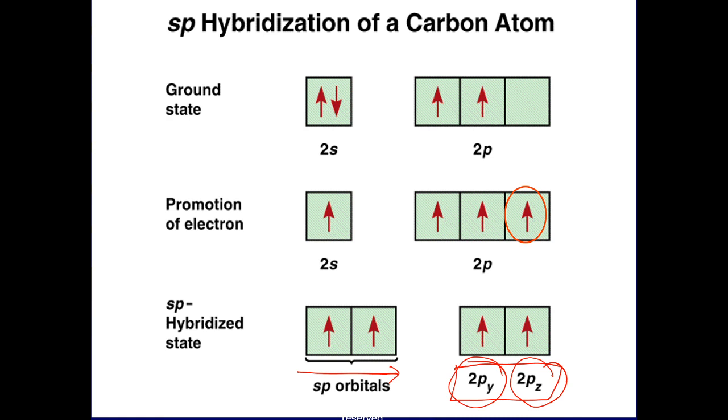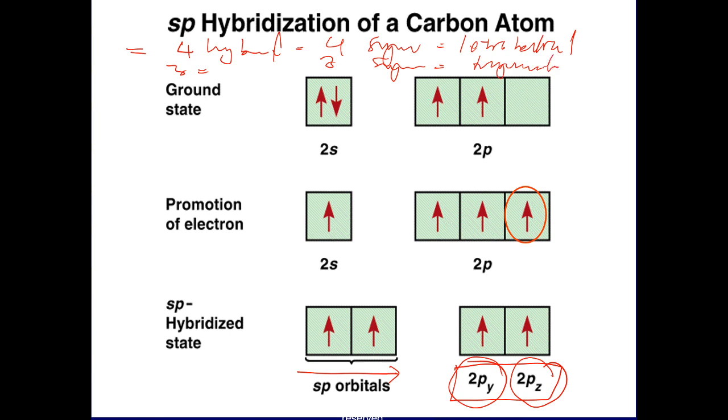Now in sp3, note that hybrid orbitals are the ones that determine the geometry. It is like this. If you have four hybrid orbitals, you get four sigma bonds. This is tetrahedral. Three hybrid orbitals, you get three sigma bonds. This is trigonal planar. Two hybrid orbitals, you get two sigma bonds, and this is linear, meaning this is 109, 120, and this is